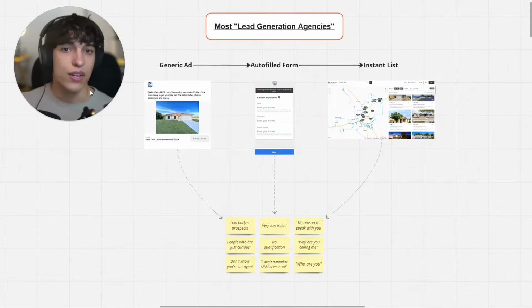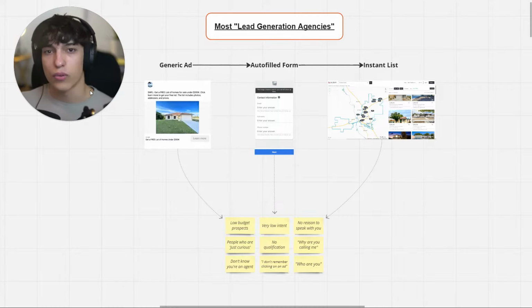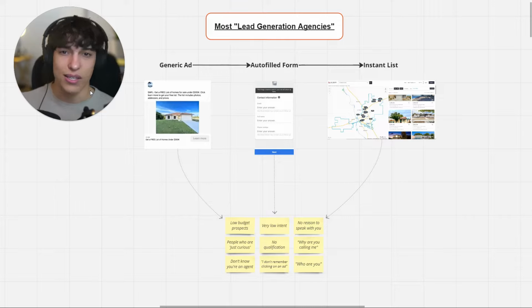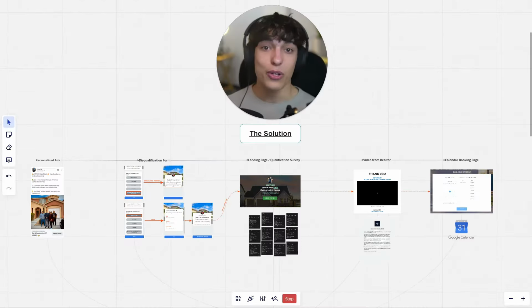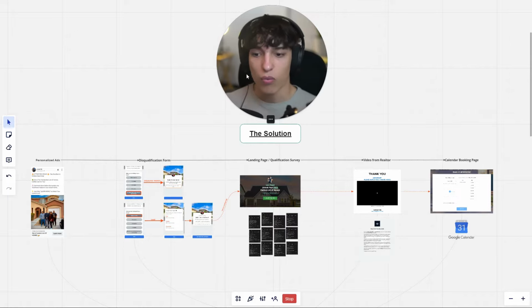So overall, in conjunction, all of this leads to a very large quantity of leads. However, very little quality leads. And as a busy agent, unless you have an ISA or some sort of virtual assistant to be constantly following up with 1 million leads a month, this process just isn't practical, isn't profitable in most cases, and definitely not ideal. Now, good news is we have the solution, and that is essentially our 5-step system right here, which starts